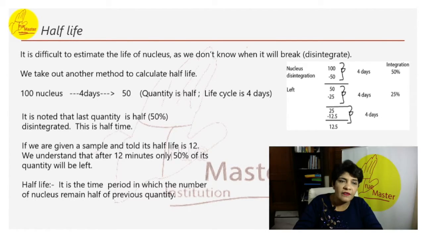It can take 5 years, 5 minutes, 50 years, 100 years, we don't know when the nucleus activity will pop up. So we are trying to find a method called half-life, which can help us understand the life of the nucleus. The time interval in which one half of the radioactive sample disintegrates is called half-life